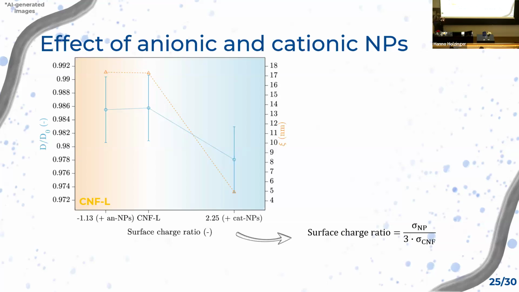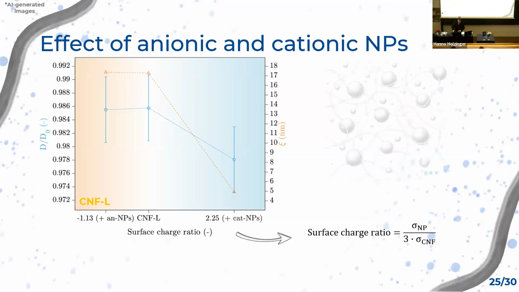We have barely any change in correlation length, so the characteristic lengths in the system barely change. And also the water diffusion in these systems doesn't seem to be affected much. Now the opposite trend, or the picture completely changes, when we add oppositely charged nanoparticles, because now they start to